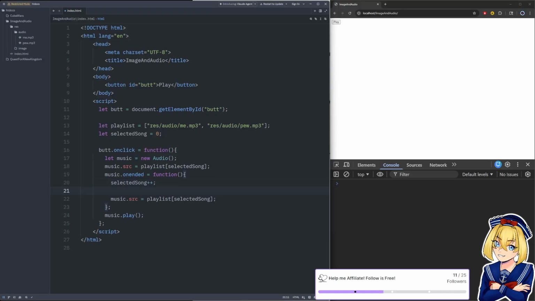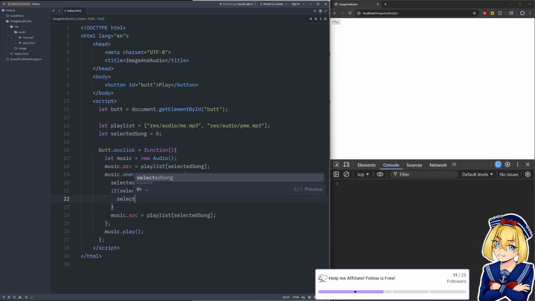So we need a condition that says if selectedSong is greater than playlist.length, but the length is going to be 2, so we actually need to say greater than or equal to, then selectedSong equals 0, which resets it back to the beginning. So we're going to try to go to the next song in the track, but if there isn't a next song, we're going to loop back and play the first song again. So let's see how that works.